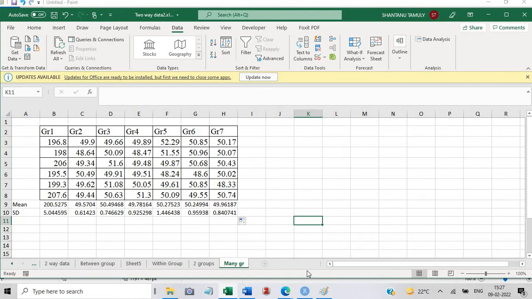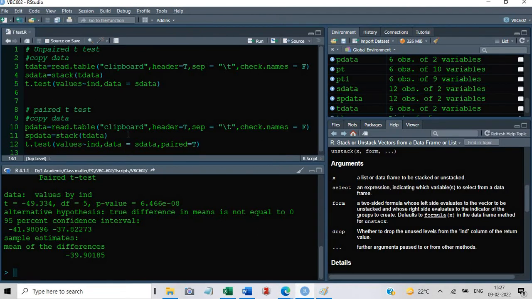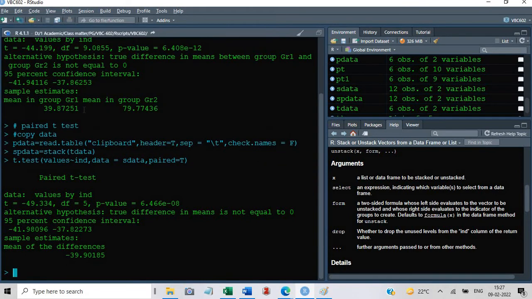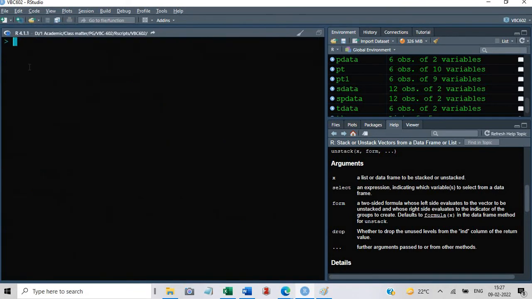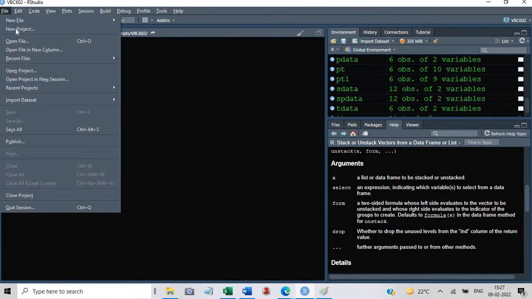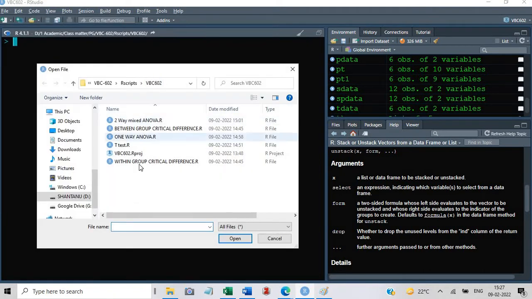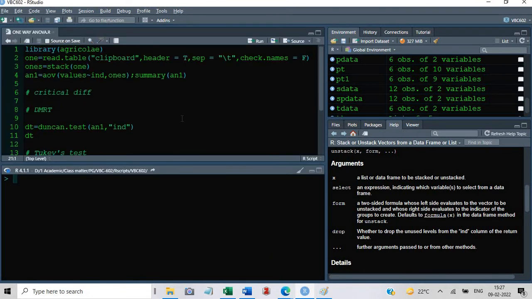Now I will carry out the ANOVA. To carry out the ANOVA, I'll go back to the R software. I'll close this script for t-test and open the script for the ANOVA. One-way ANOVA, open. This is a script for one-way ANOVA.